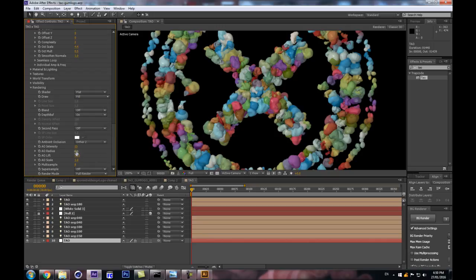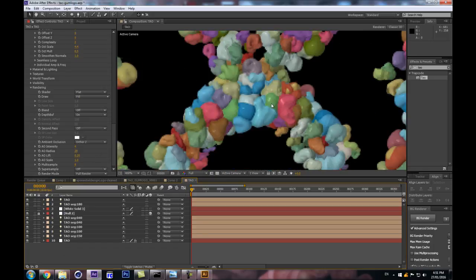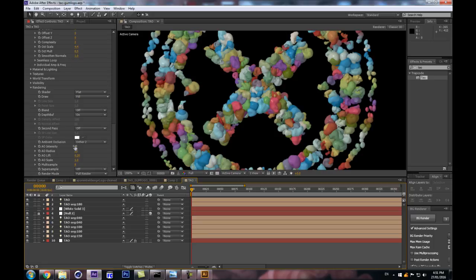Perhaps the radius that is there by default is too small for this case in particular. So we're gonna reduce it, and we're gonna reduce the intensity as well. So now we have kind of a smaller and more precise kind of shadow there,